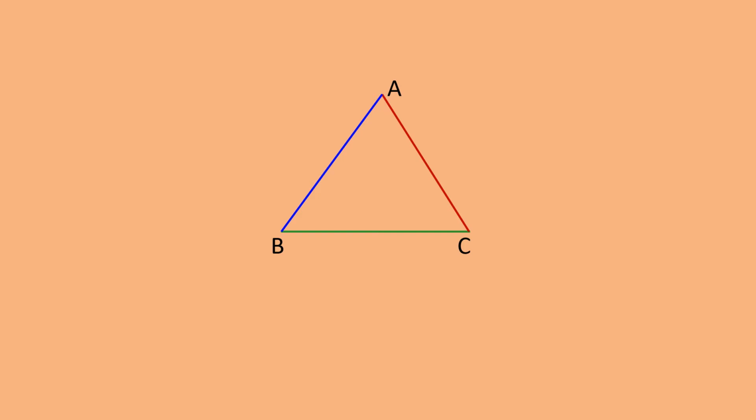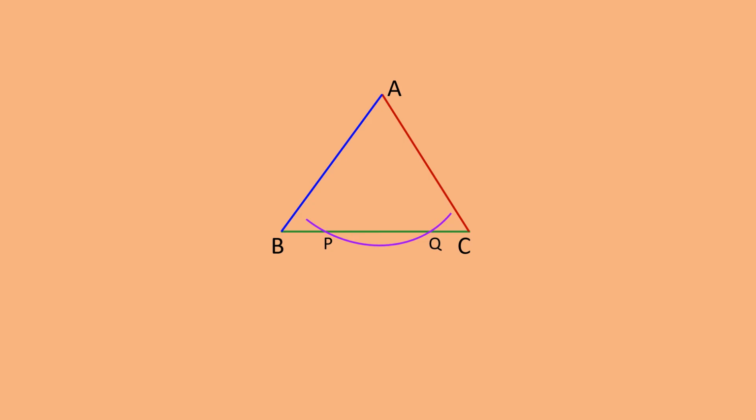I hope you remember how to construct a perpendicular from a point given outside the line. The same construction method you have to use here. We will take a rounder, in that we will fix the pencil and the radius such that when we draw an arc from vertex A, it will intersect its opposite side BC at two distinct points. See like this. Name these two points as P and Q.